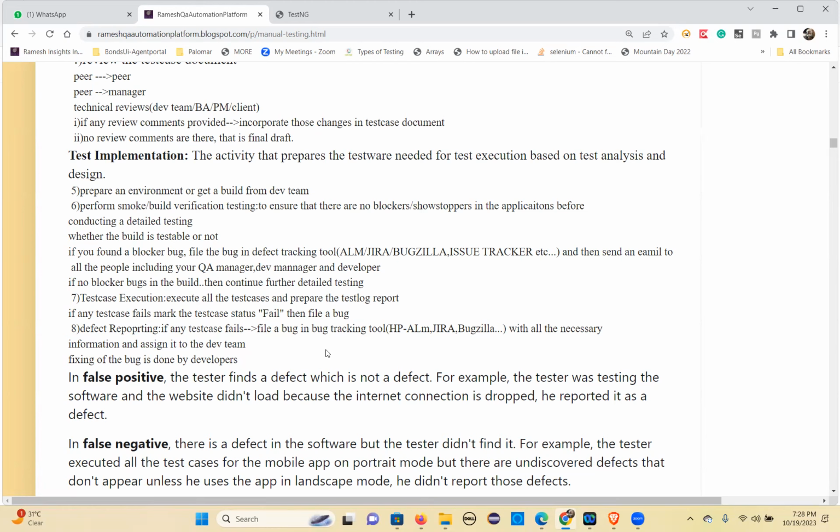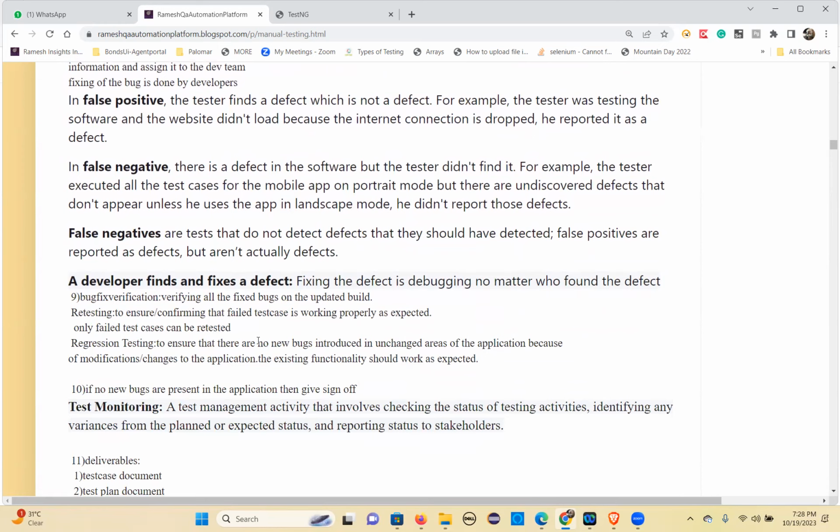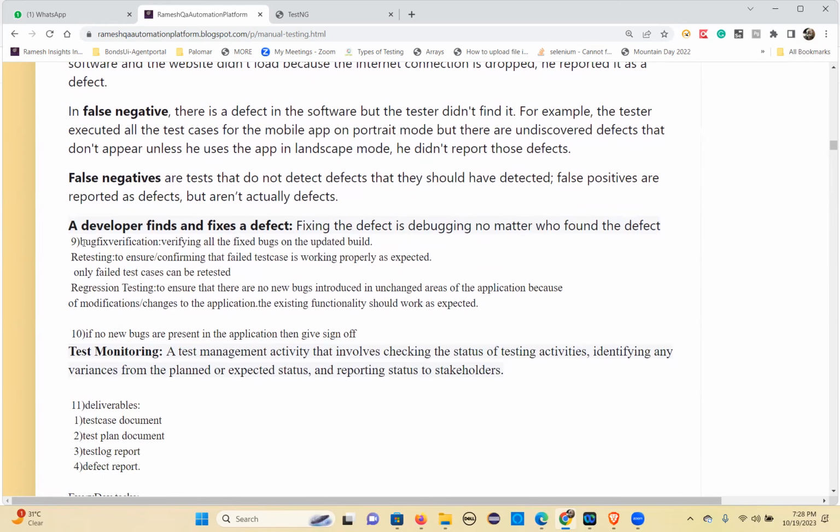If it is already fixed, you can say the issue is fixed, now working fine, closing the defect. So that's how you will do retesting. Once the retesting is done, all the fixed bugs you can verify, retest, and close according to how they behave currently. Once all the test cases are executed and bug fixes are done, everything is done, then finally